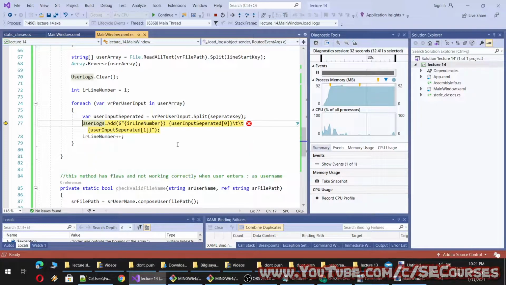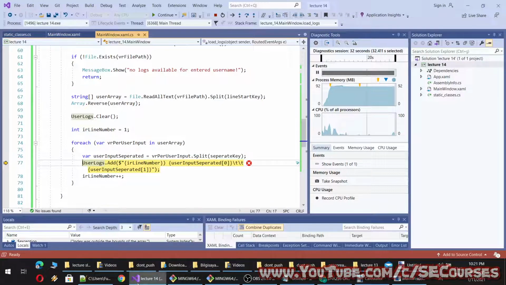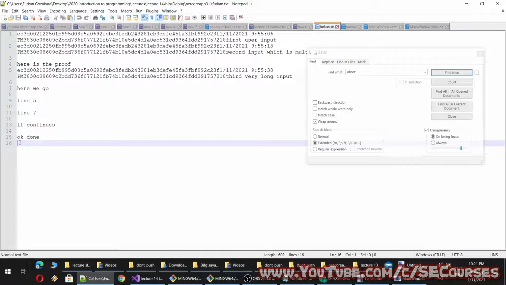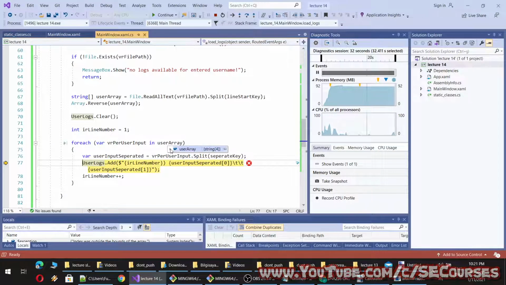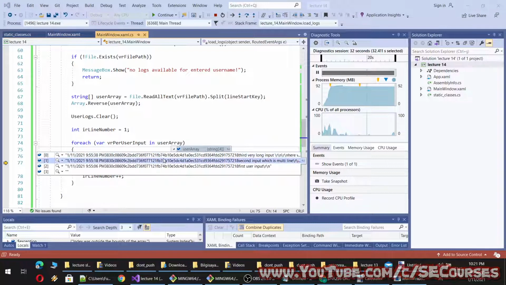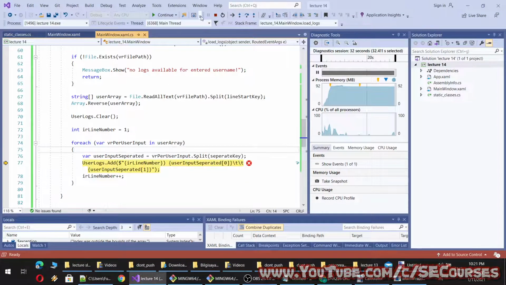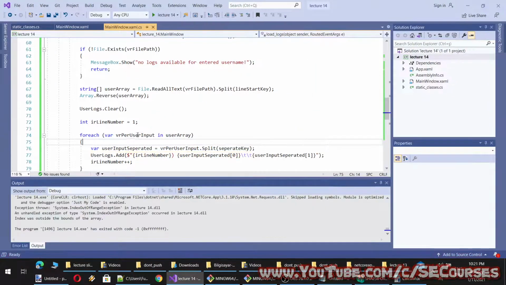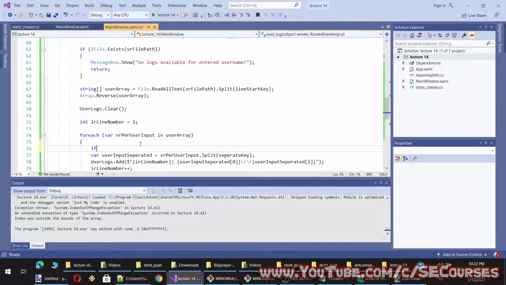Okay, we have an error here. Okay, I know the error. You see, since we add a new line to the end of the file here, it is also getting inside the user array list like this. And to fix it, simply I can add an if check here, length smaller than, let's say 3.